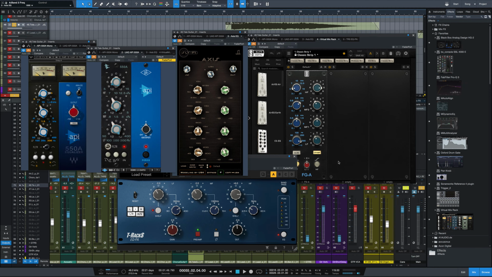Hey everybody, it's Joe from greenlightsound.com, and in today's episode we've got a shootout between 5 different variations of API EQ plugins, all based roughly upon the 550A equalizer. Some are exact models of the 550A, some have some tweaks based upon the 550A, but they're all API style